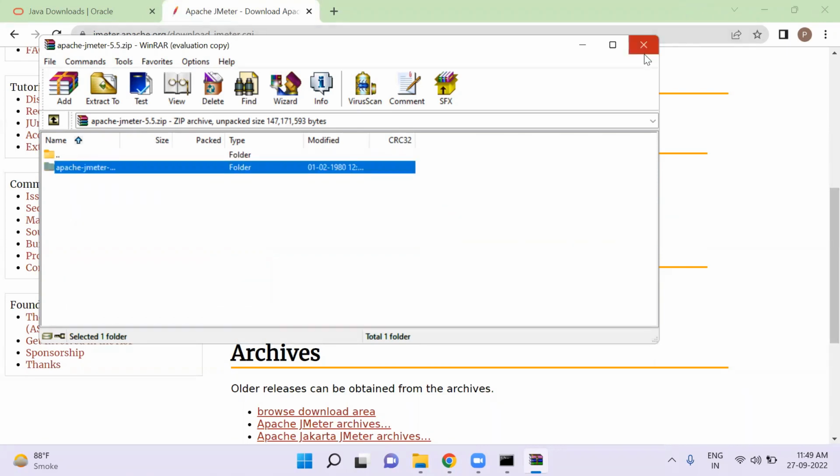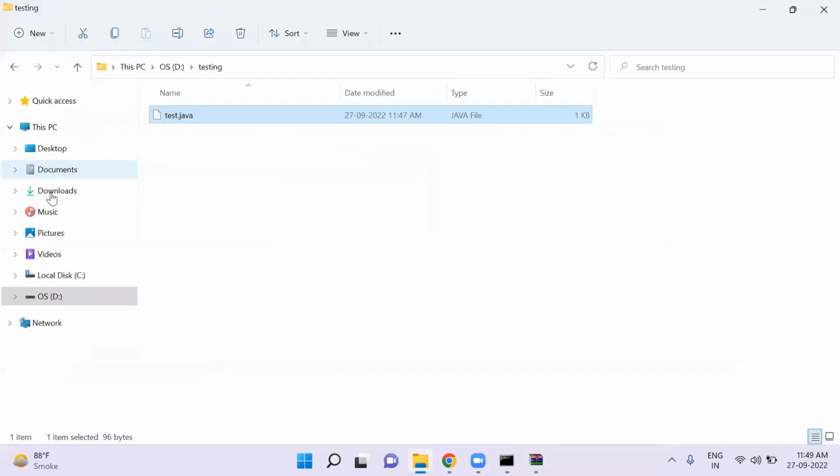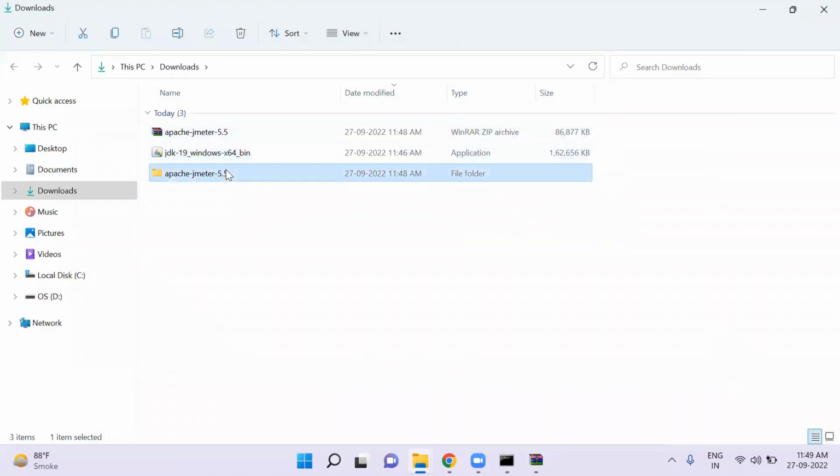Yeah, it is completed. The folder Apache JMeter 5.5 is downloaded successfully.